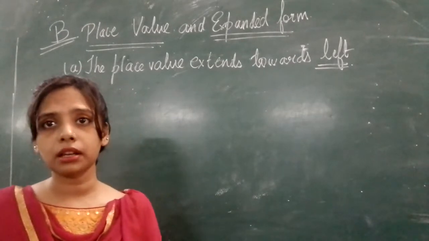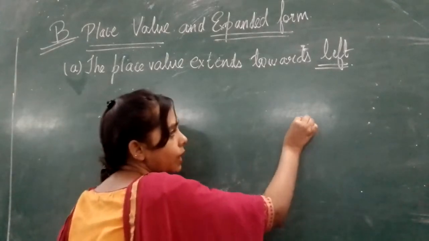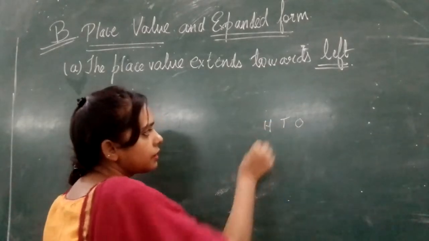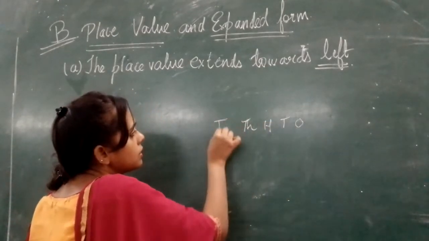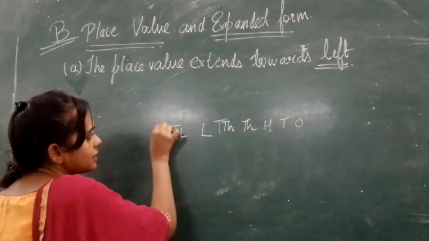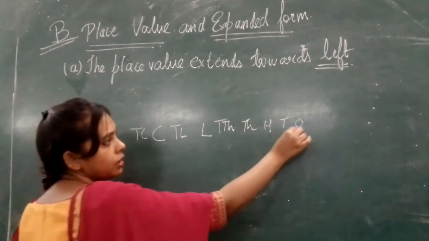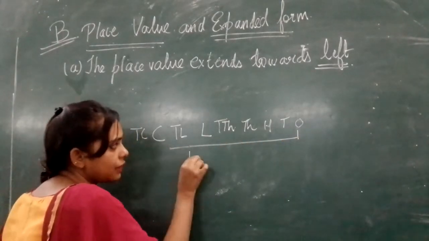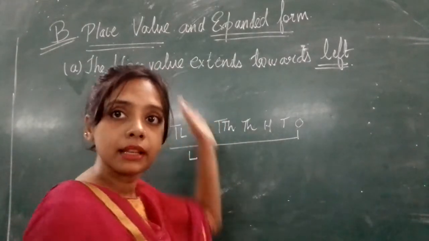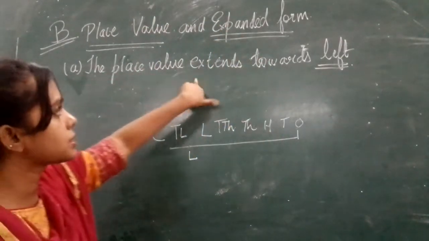Now if you want to understand this, then go back to place values. Now remember, how do we write place values? We write ones, then we write tens, we write 100, then you write 1000, then again you write 10,000, then you write lakhs, 10 lakhs and crores and 10 crores. So see, you start writing from here, you go towards left. Yes or no? This is your left part and this is your right part. So here it goes towards left. So which is why the place value extends towards left.